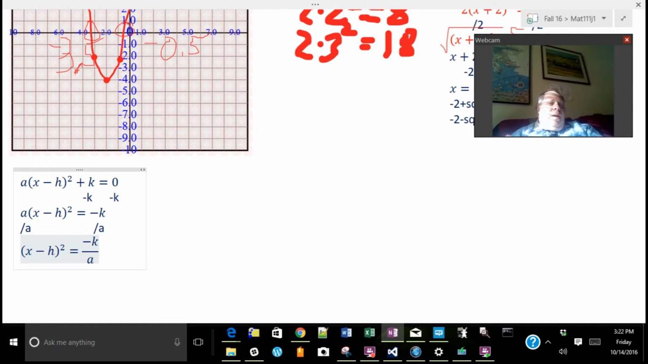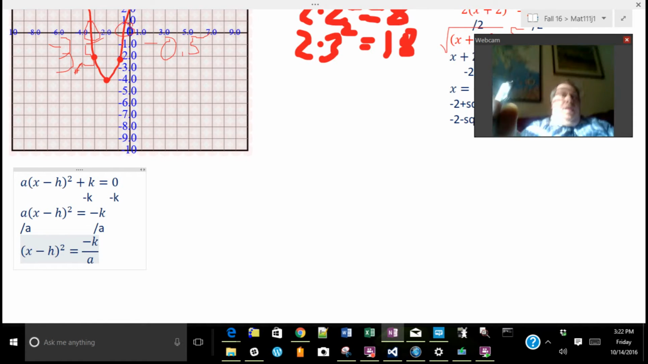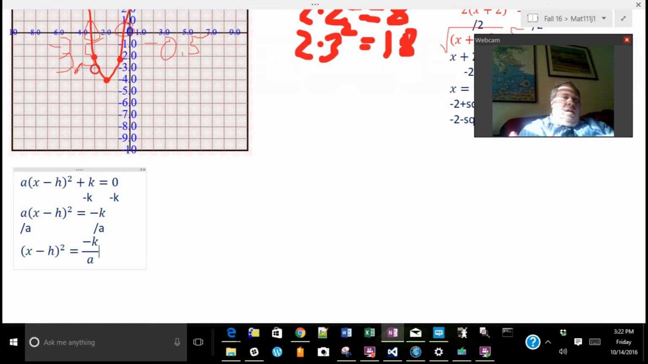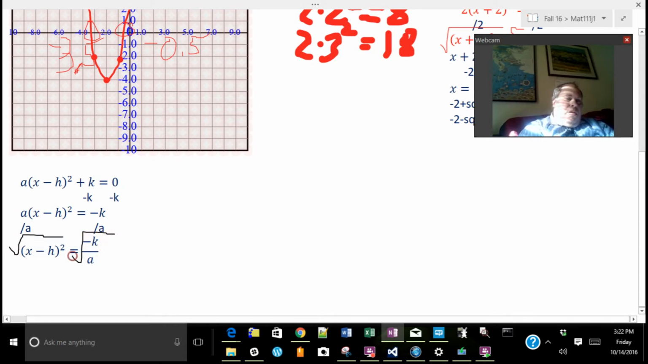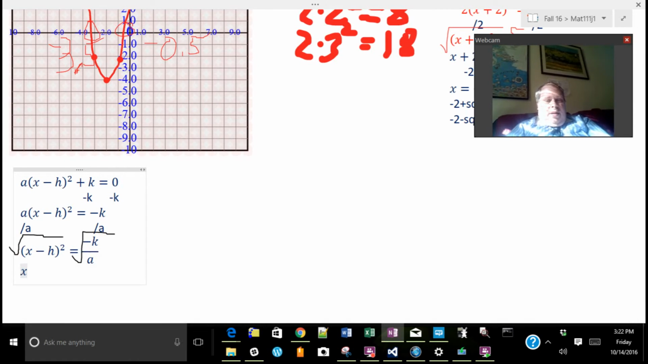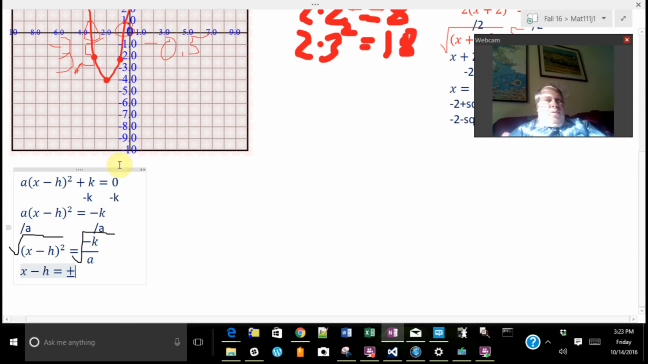And now I'm going to square root both sides. So let's put a square root on that. And that's going to give me, when I'm done, x minus h. You see how simple this is, this is just what you've been doing to solve these. Equals plus or minus, it's important to write plus or minus,